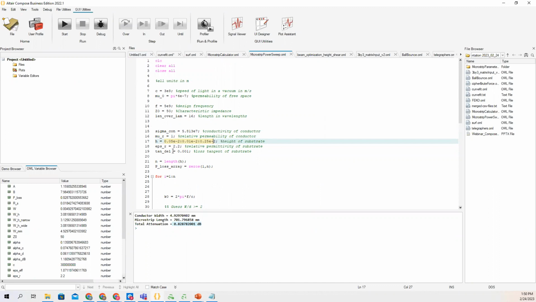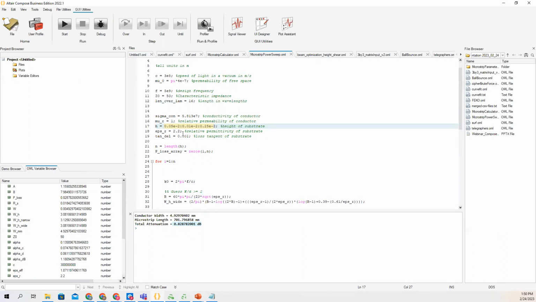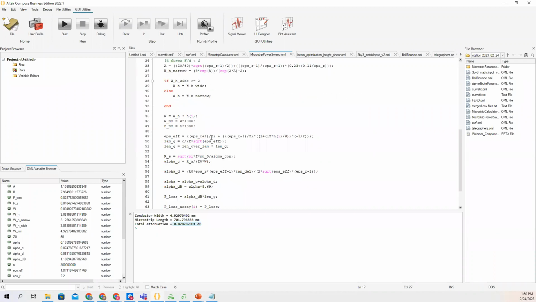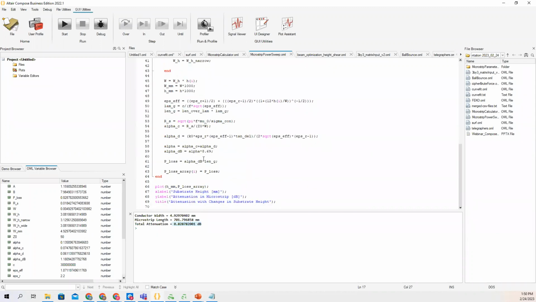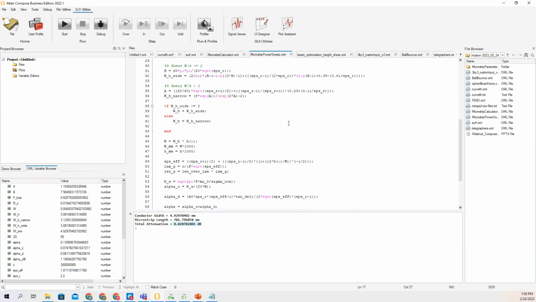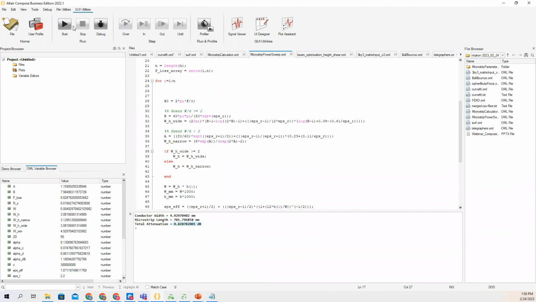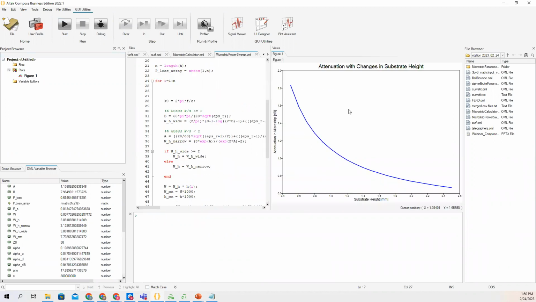So I've defined it over a range, keeping everything else constant, and then run through the calculations to see what the actual attenuation would be as an effect of the height of the substrate. So again, I'll run this and plot the results, and you can see from 0.5 millimeter up to 2.5 millimeters,